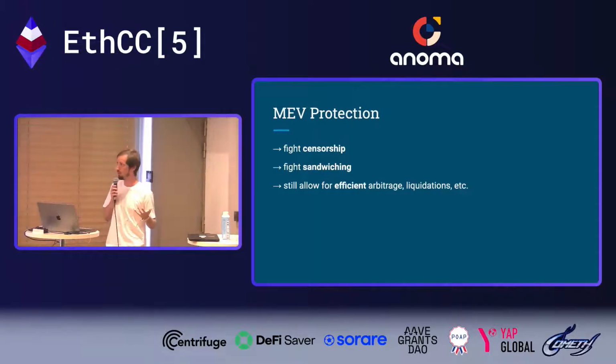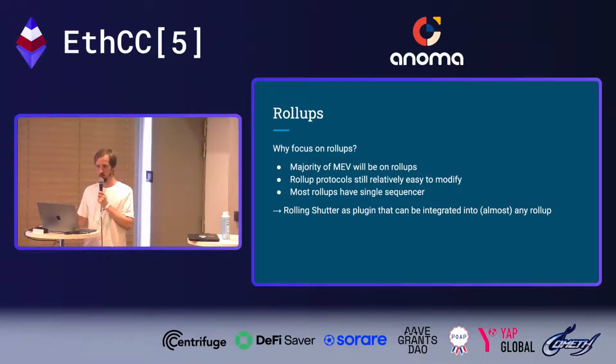So what our solution aims to do is fight these types of MEV that are clearly bad, like censorship and sandwiching. But we still want to allow for arbitrage and liquidation to happen. We want these types of MEV to be extracted, and we want them extracted in an efficient manner. Because there are some MEV protection mechanisms that make these kinds of MEV extraction inefficient, and that's bad for everyone, because it will be extracted anyway, but for example, gas prices simply get higher and block space is used less efficiently. Our solution, in theory, can be applied in most protocols that have some sort of block production mechanism,